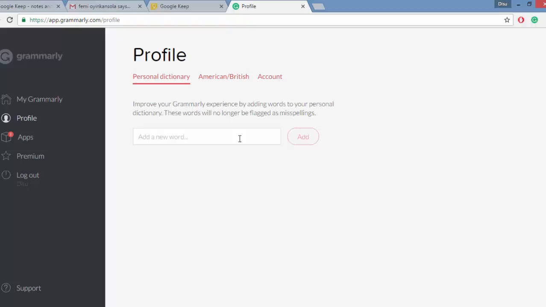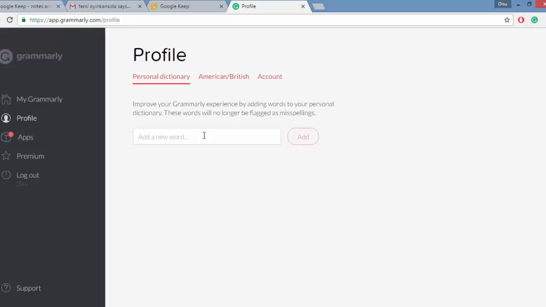For instance, if you're a blogger and you have certain phrases and certain words that you use frequently, or if you're probably a language writer and you have certain words that you use frequently, you can add those words to your dictionary, and those words will no longer be flagged as